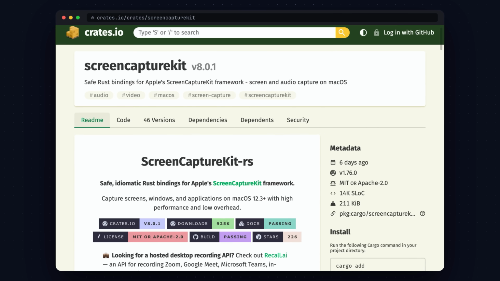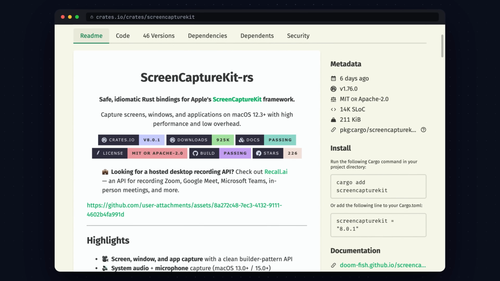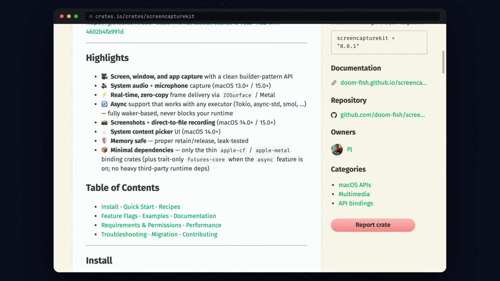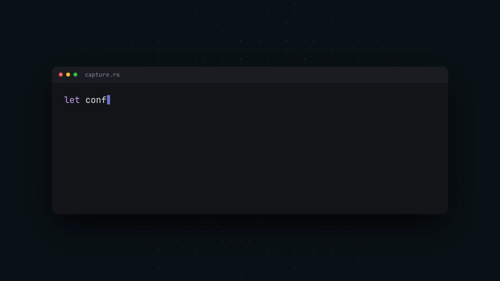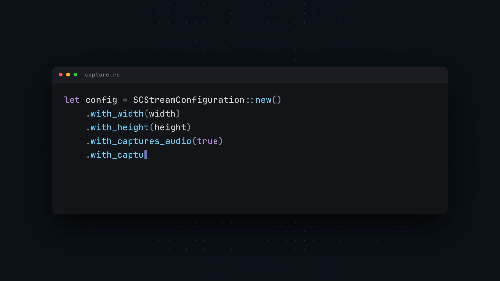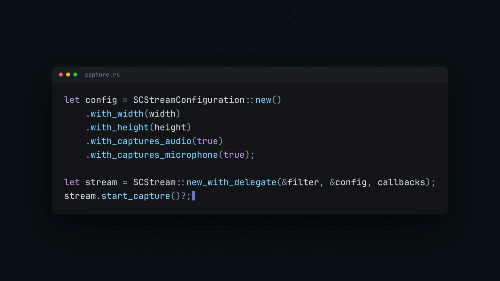Now, let's take a look at developer experience, and this is really where we're going to see the biggest difference. I actually really enjoyed building with Wails. However, I would say the part around screen capture was not as easy as with Tauri. I had to write Objective-C code to access Capture Kit, whereas with Tauri, you could stay completely in Rust. And this is because Rust has a big ecosystem of community crates wrapping Apple's native frameworks. So in Tauri, I just pulled in a crate called Screen Capture Kit, and the whole recording API is normal